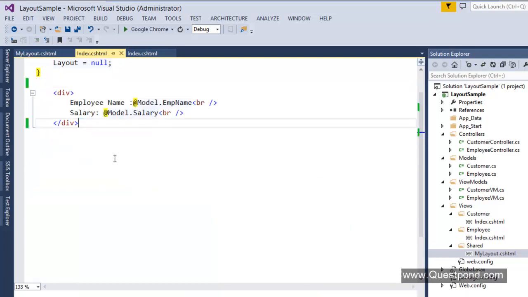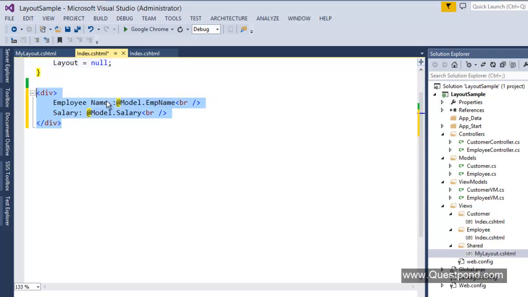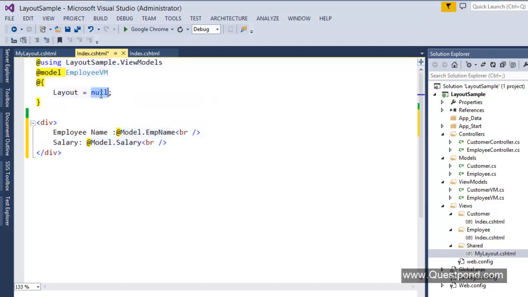We will remove it from here. Step number 2, simply put the path of your layout page here. That is tilde, tilde means root. /Views/Shared/MyLayout.cshtml.